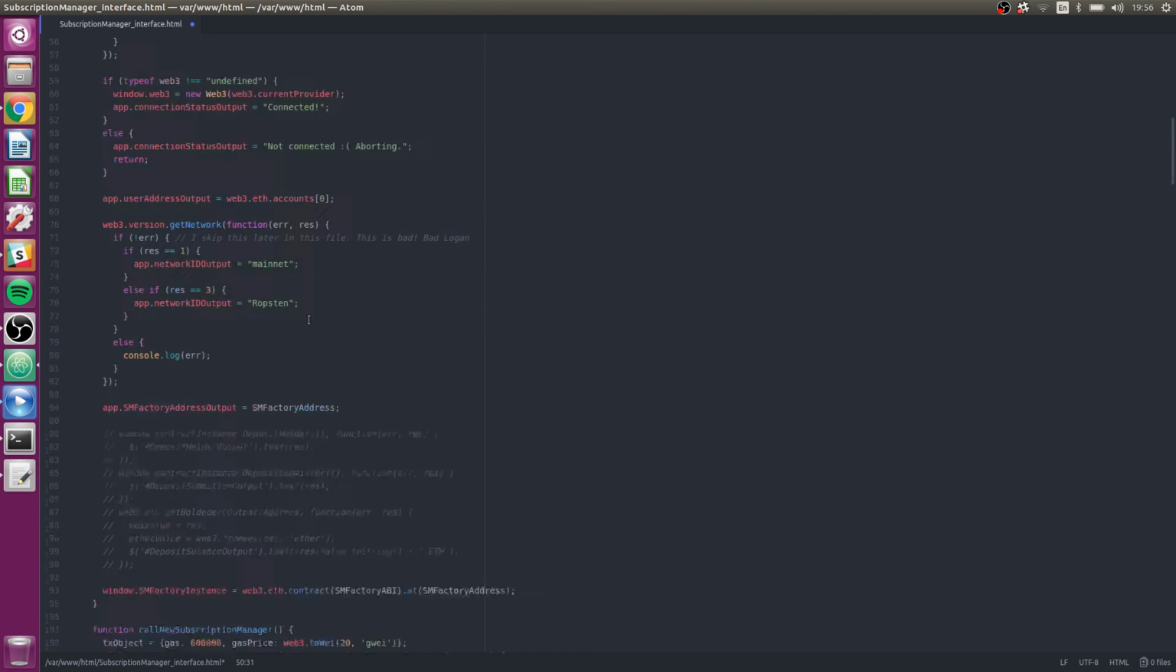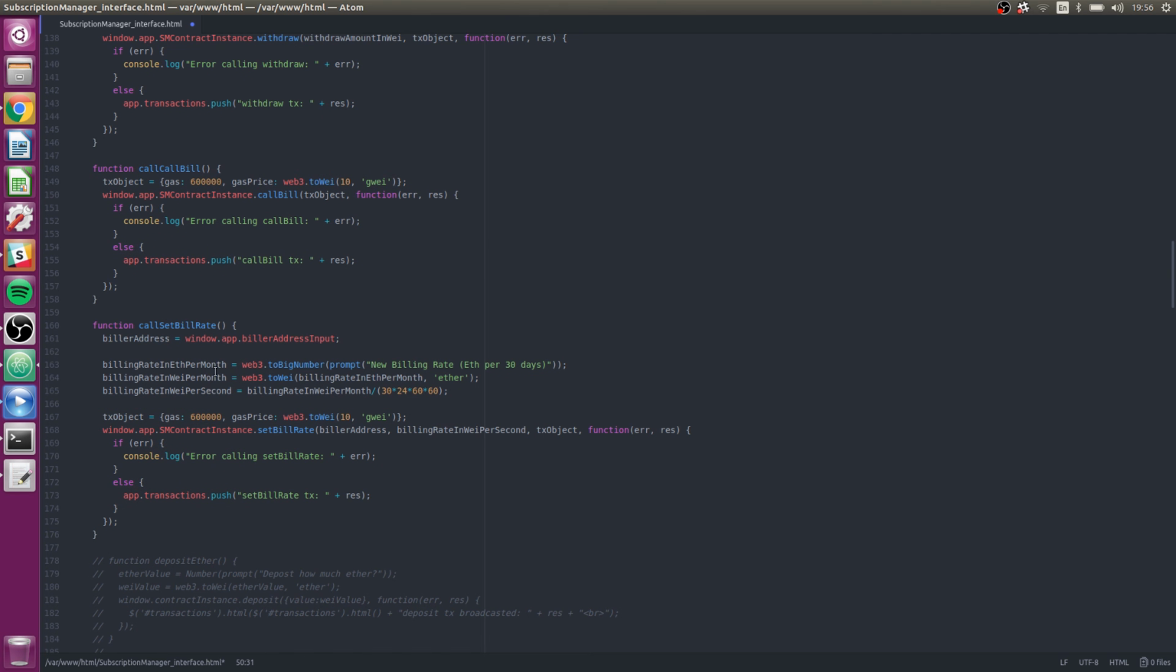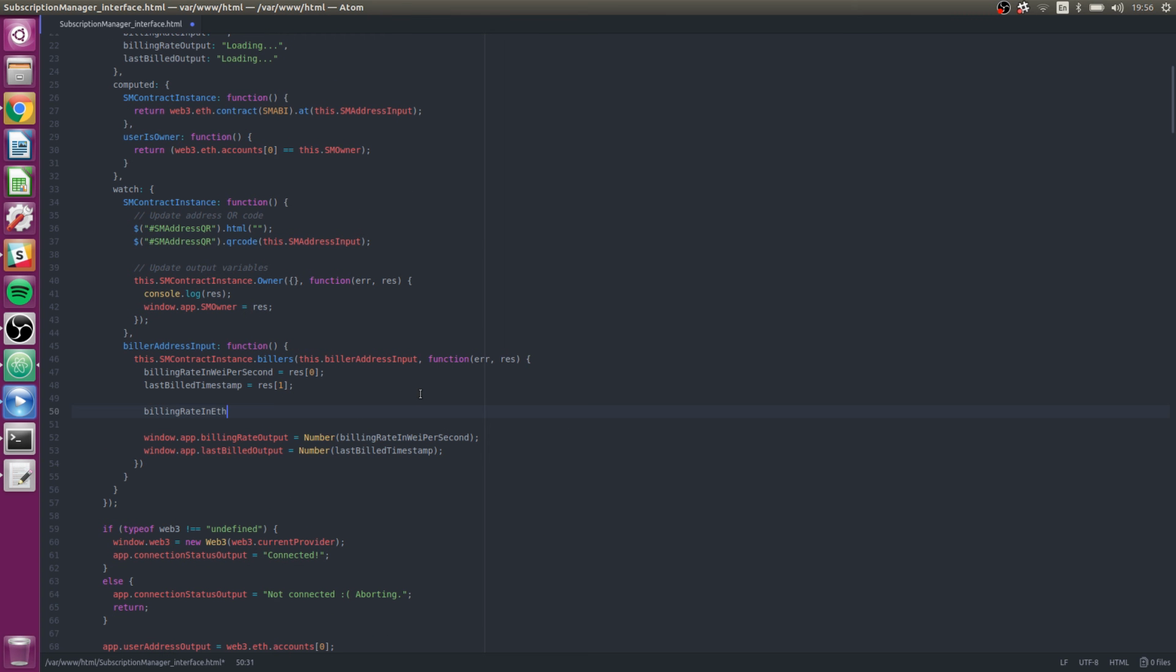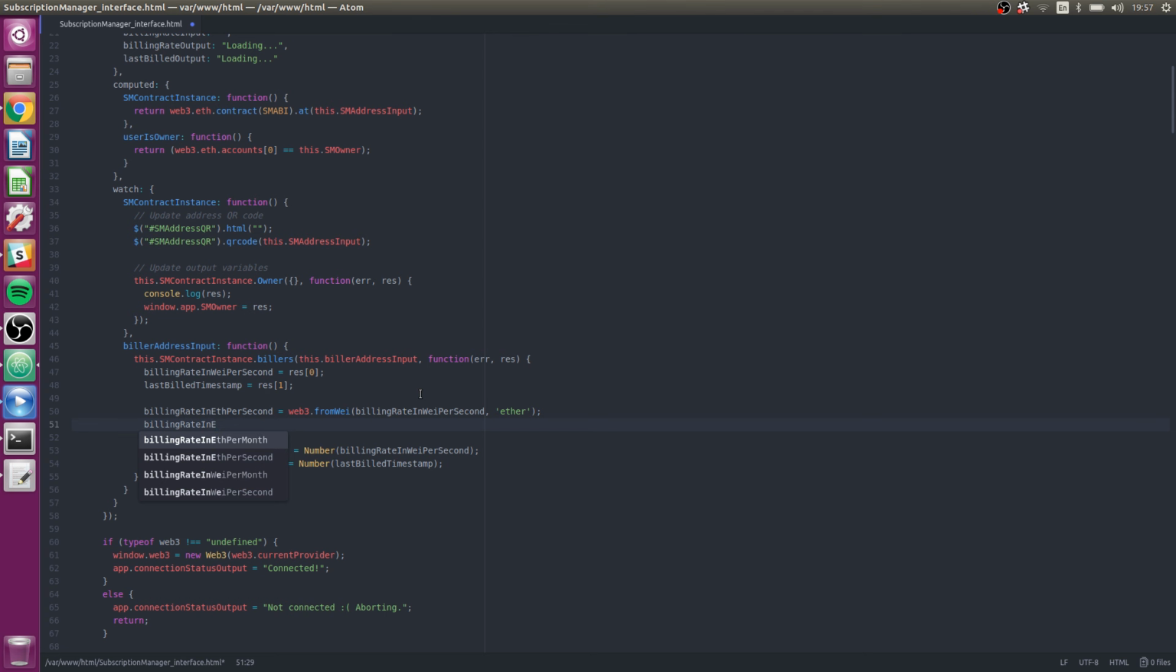ETH. Oh wait, is it? Let's look again. ETH per. Yeah, we start with wei per second. And this one was okay. Yeah, it's the reverse. So I'm not going to copy paste. I'm just going to do it by hand here. ETH per second equals 3 dot from wei per second. Ether. Okay. Billing rate in ETH per month